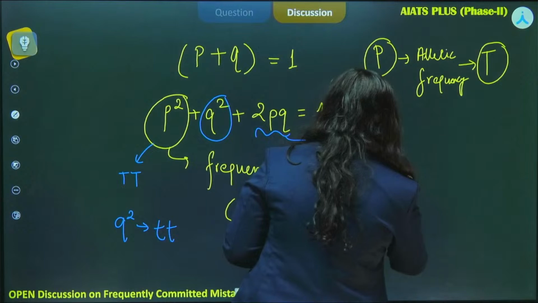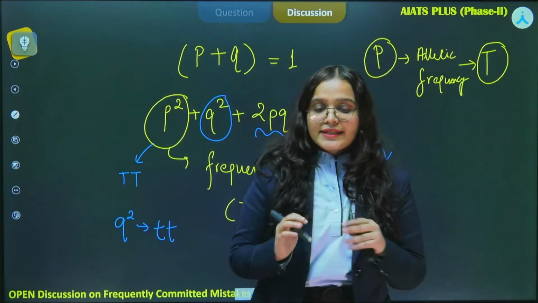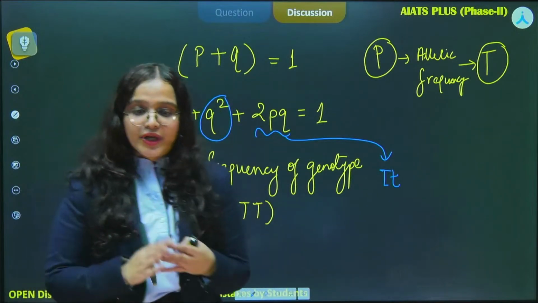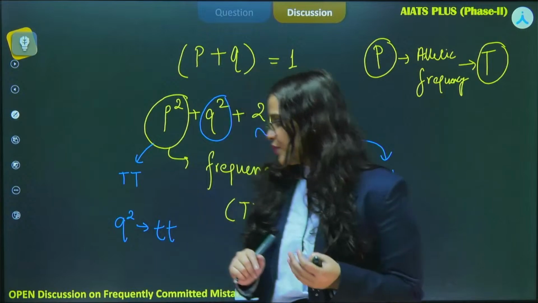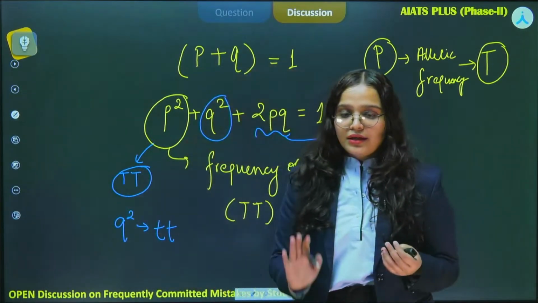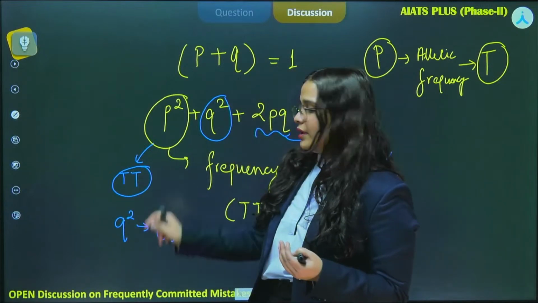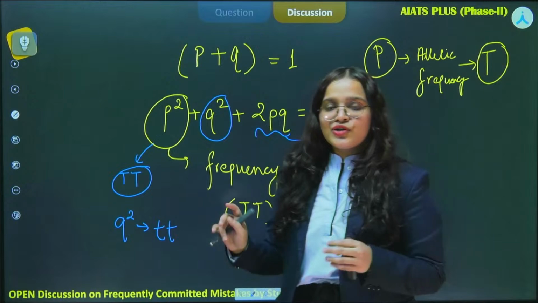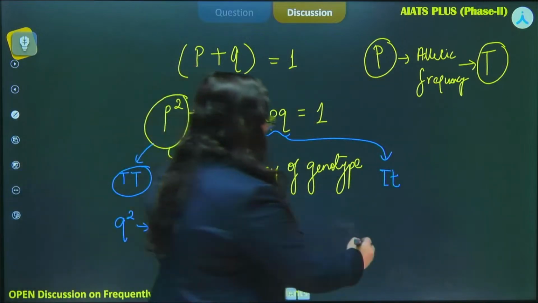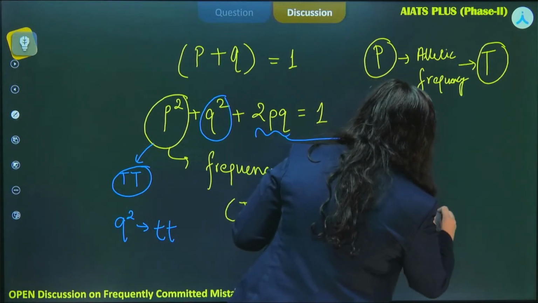And in the comment section, I can see that someone has commented homozygous dominant frequency. And dear student, you are absolutely right. We call this homozygous dominant frequency because we have two capital letters, or to say it is a homozygous condition, similar condition. Whereas here, as I stated, it is a heterozygous condition.